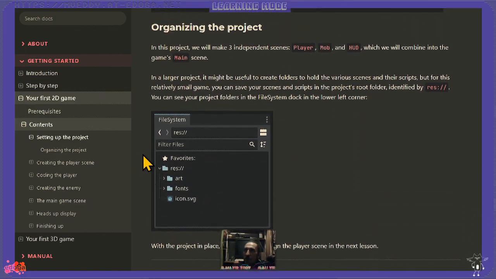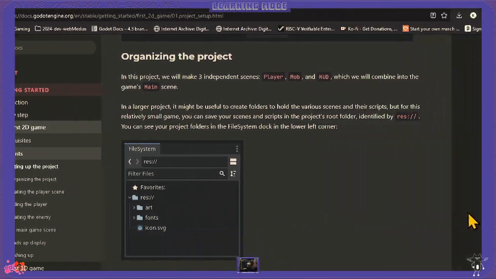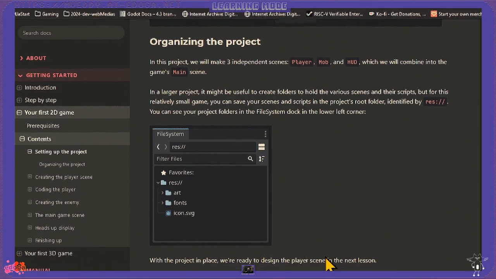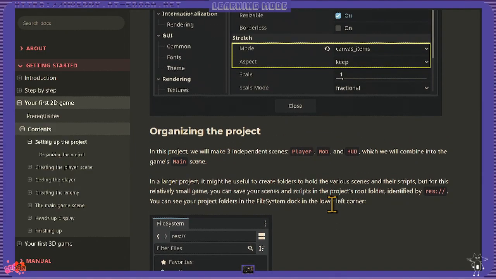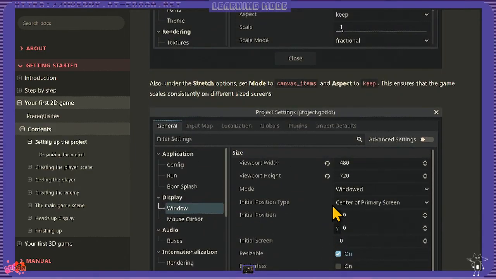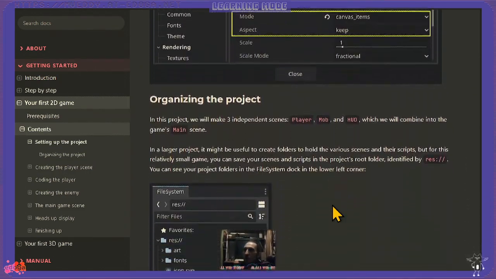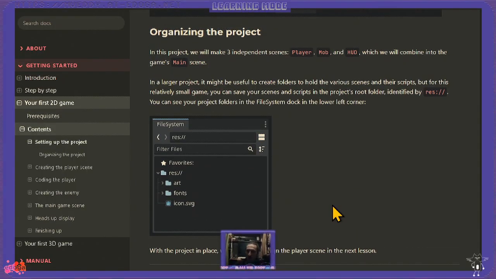Organizing the project. Did it say yourmama.com? And no instruction to close. Organizing the project. So they kind of assume we close the project